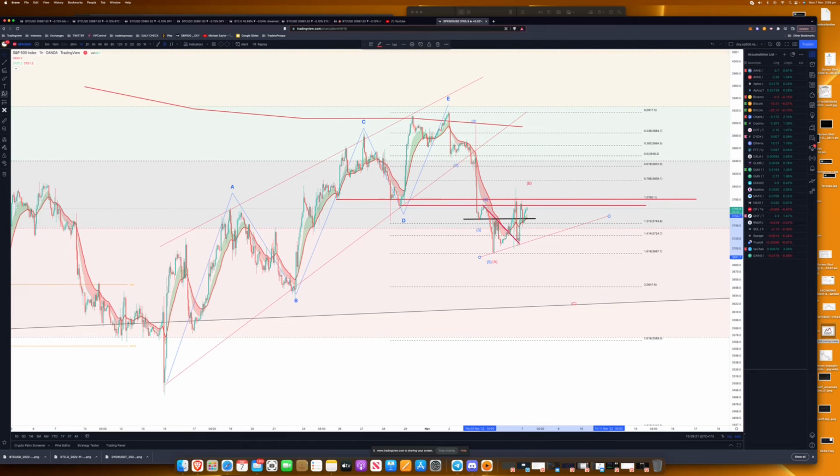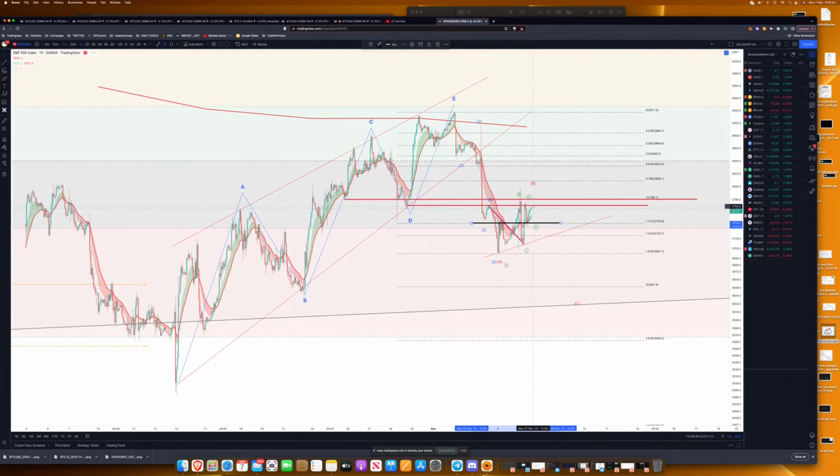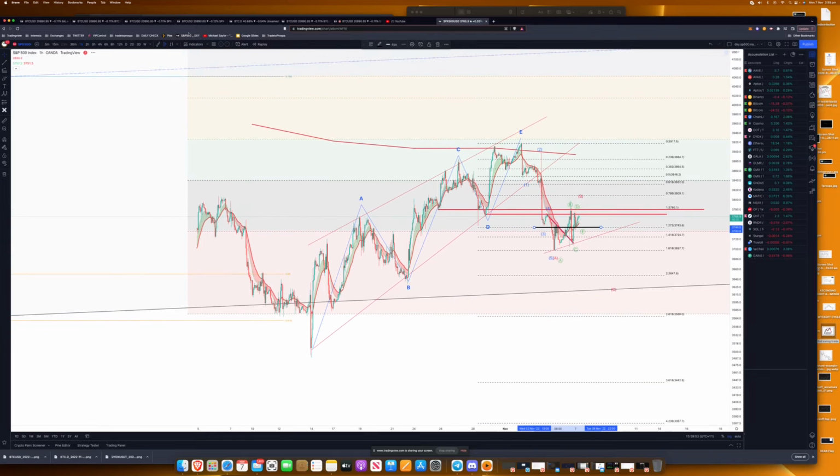It's a nasty one, but it could be a B, and it's C, and D. This might be it there, right? So this level is important now to hold, give or take. We've got this Fibonacci level, so we can probably use that more so. We want to see a reversal structure. We want to break above this for this to start correlating with Bitcoin to go bullish. So that's on the 1 hour. If we look on the 4 hour,